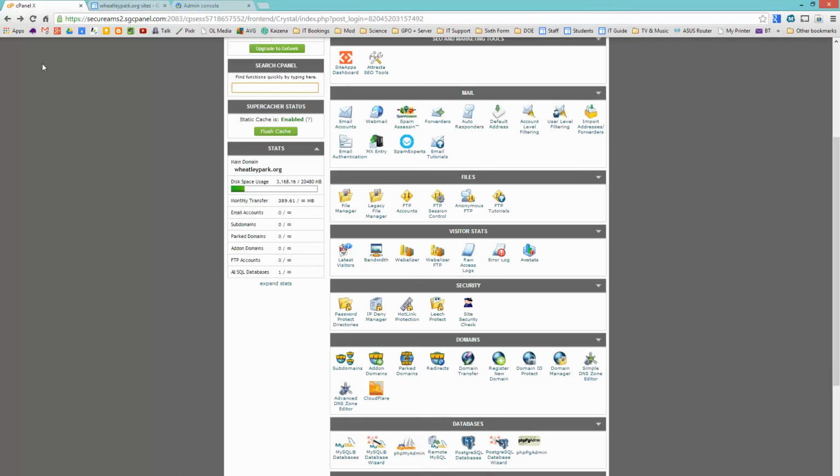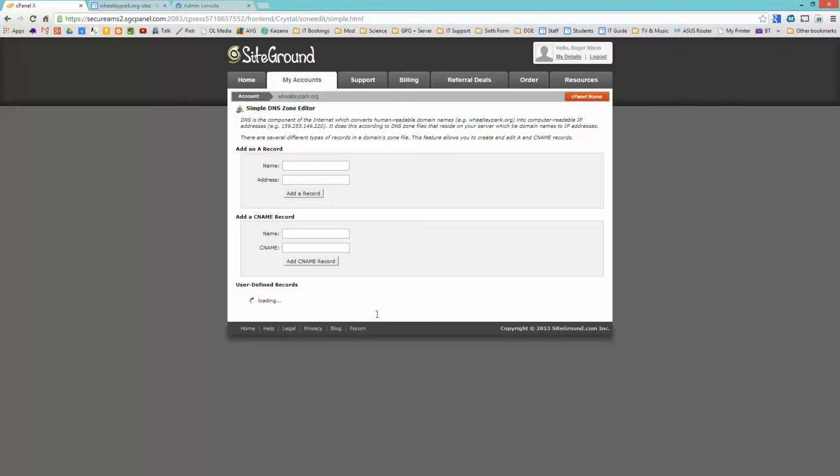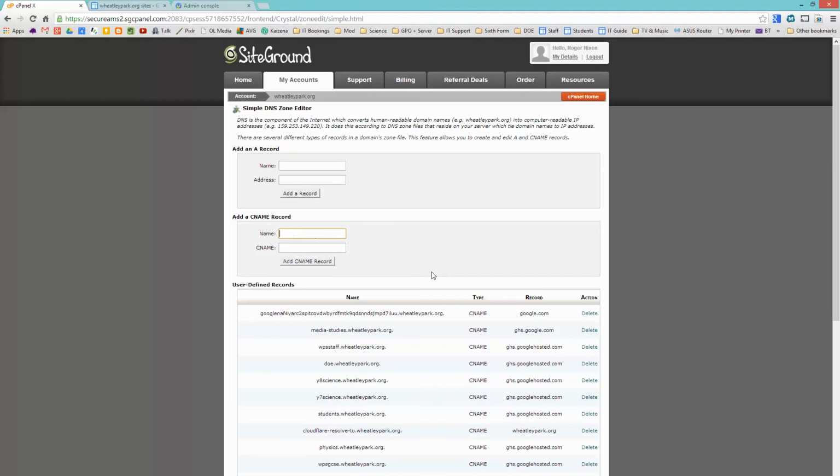So mine happens to be SiteGround, but whatever it is, it will have some back end that you can log into, and one of the options somewhere should be DNS Zone Editor. Now I've got two. I've got a simple DNS Zone Editor and an advanced DNS Zone Editor. The simple one will do here. So if I click on that, it's the CNAME record that I need to put in here,